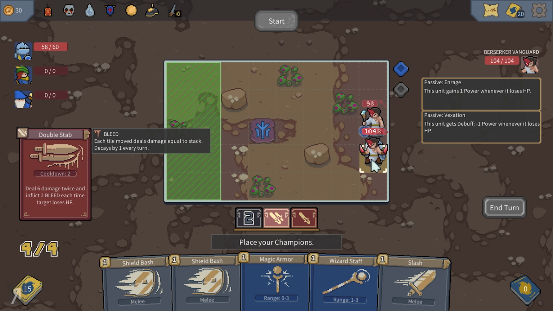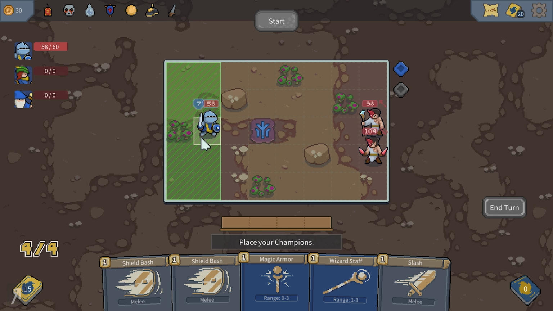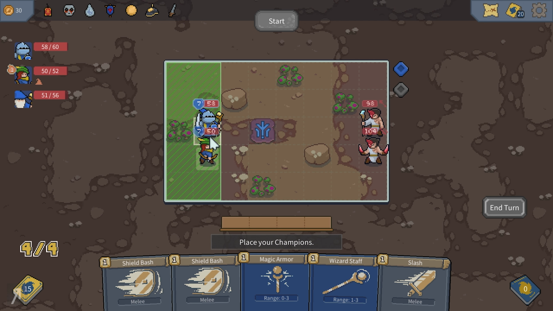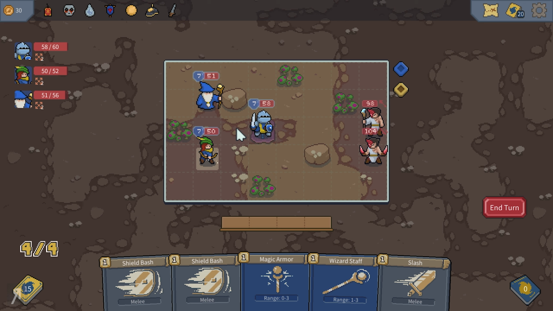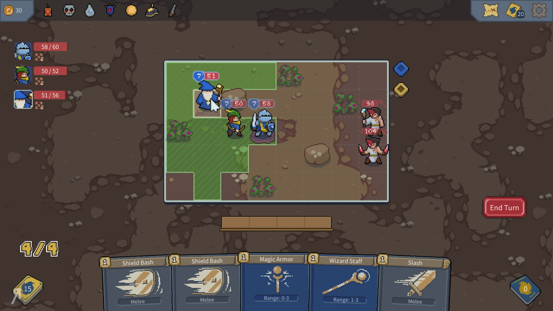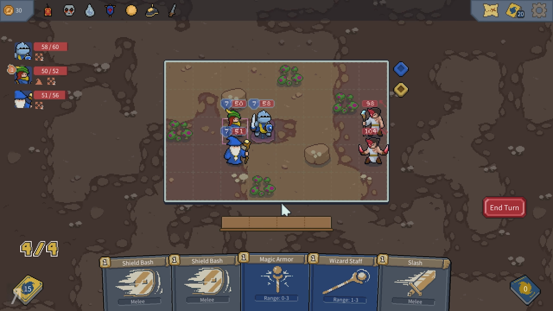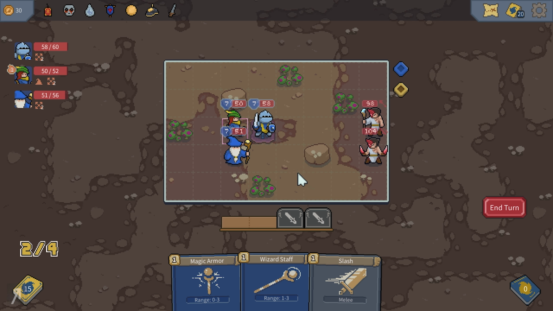Okay, that sounds pretty damaging, doesn't it? Oh dear. Okay, well, whatever the case, what is that? A Rune of Immunity. Grants 2 armor and 1 immunity to any unit occupying this tile at the end of their turn. Okay, that sounds perfect. Let's just place these guys on the other side of each other, and then we'll place the knight over there. Unfortunately, we don't really have any opportunity to do anything else, so we pretty much will just be saving a bunch of these shield bashes, and I'm going to hope that I'll be able to push...